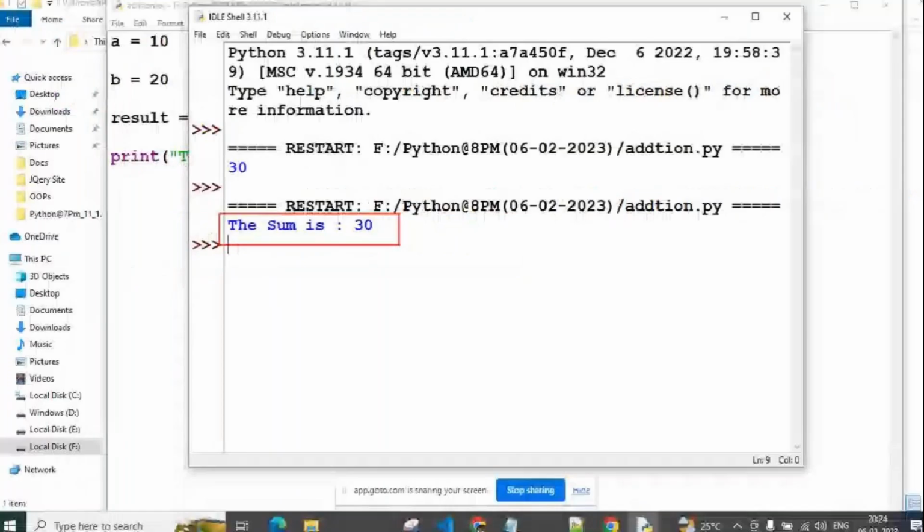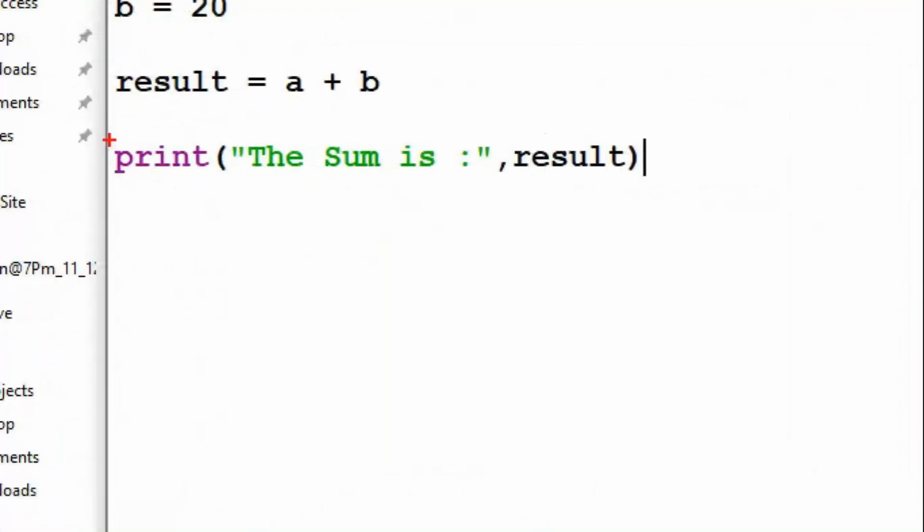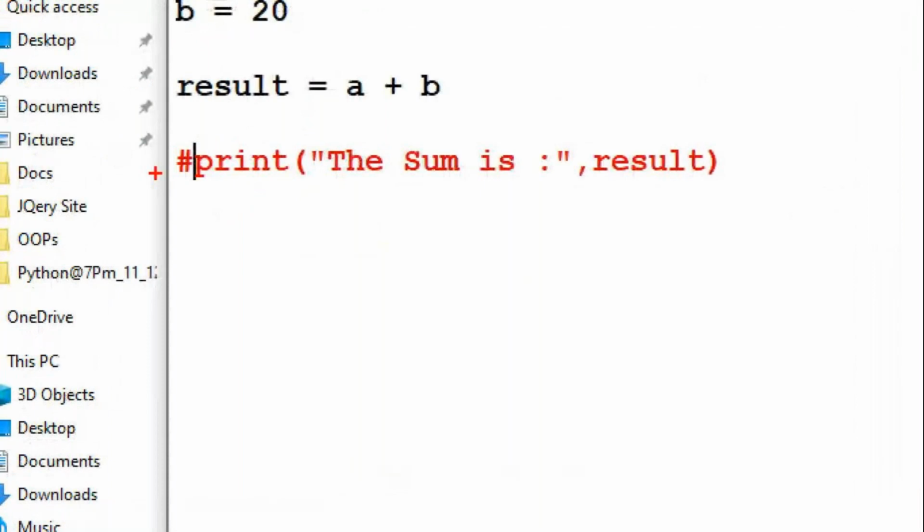Okay? So otherwise, if you want to create another way, guys. For example, you can see this line I don't want to execute. Then in this line, at the first place, put a hash symbol, guys. If you are using this hash symbol in Python, after this hash symbol, any code there is not executed by Python.